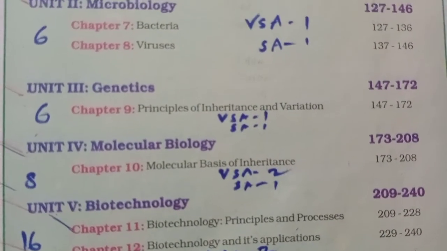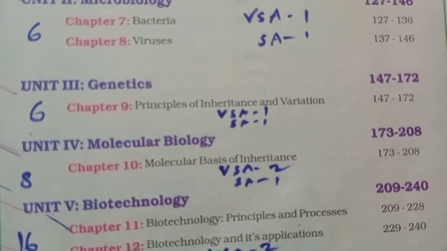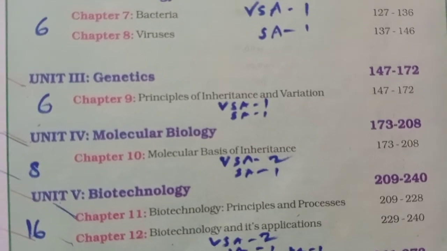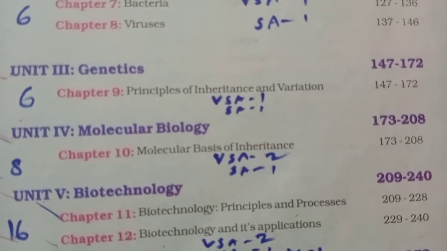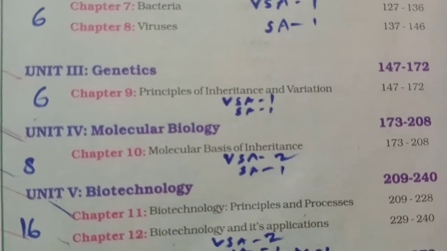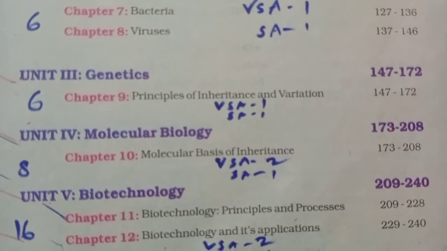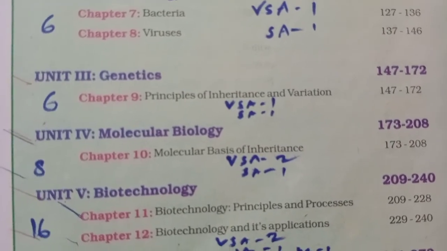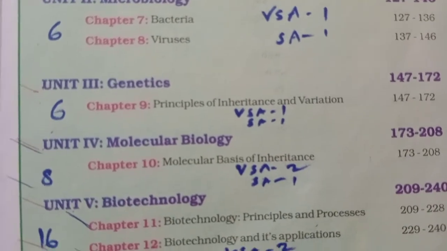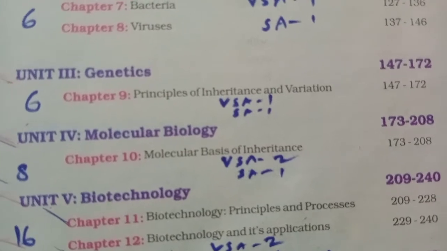It is the most important unit regarding genes. Genetics is how characteristics are transferred from parents to children, and we study the characteristics of genes, and how inheritance and variation work, meaning how characteristics pass from parents to children, as well as in plants. Variation means the changes that occur. So variation means any change that occurs in the body of an organism, whether it is a plant, an animal, or a human being.